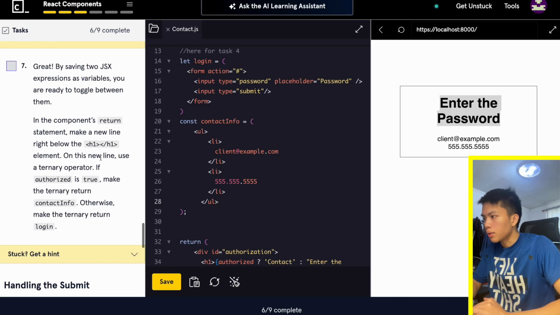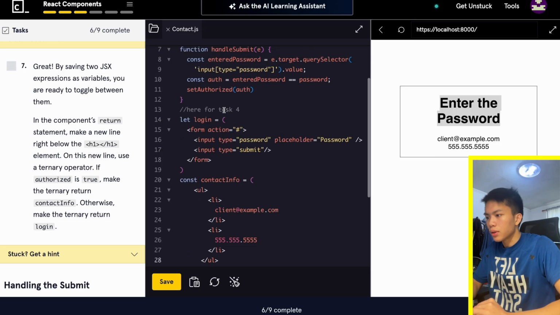Okay, and by saving two JSX expressions as variables,